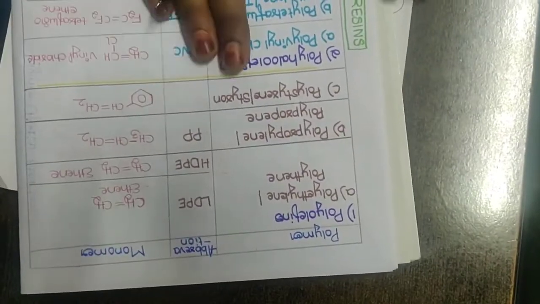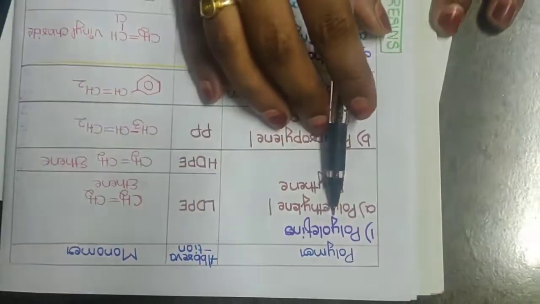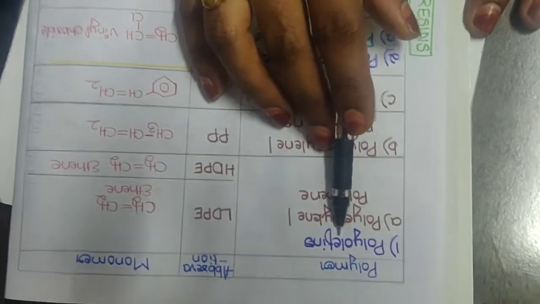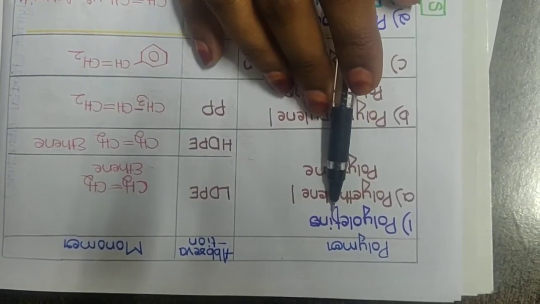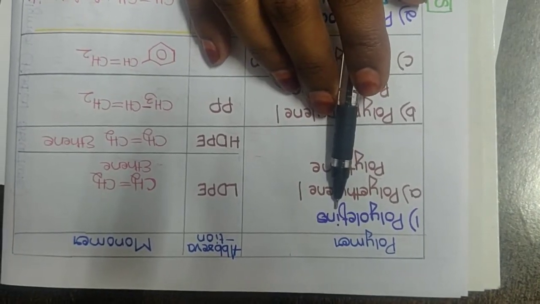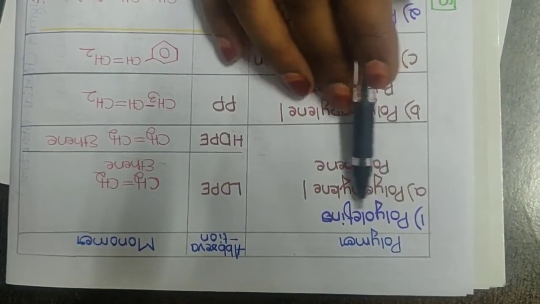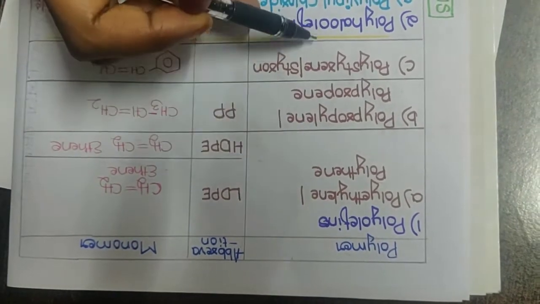Okay, so the next class of polymers, we are dealing with the plastics. Under plastics we have the first type called polyolefins. I hope you have heard the word olefins. We know that alkenes are also called olefins. Why is that? Because they are usually oil forming in nature. So under polyolefins we have three examples.